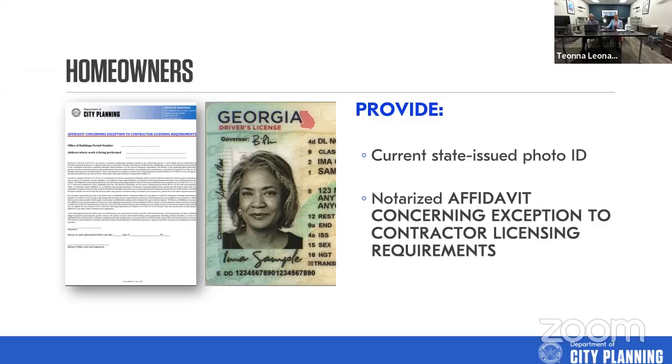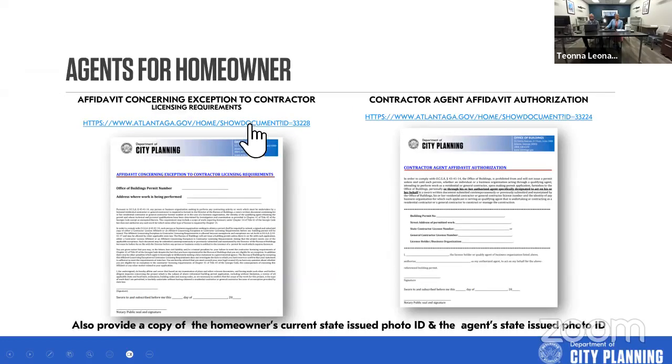It just makes sense to have a contractor pull the permits. Yes, they do charge, but you've heard the saying, everyone's heard the saying, you get what you pay for. It just works out better for everyone involved. And of course, when submitting this document, it does need to be notarized. We talked about these. These are just images of the affidavits that we spoke about earlier, the exception affidavit and the agent affidavit authorization.